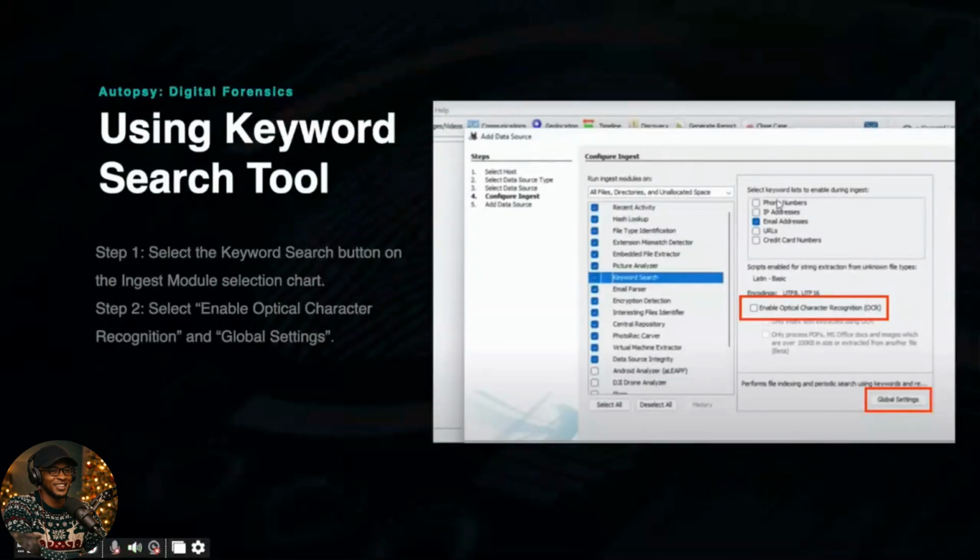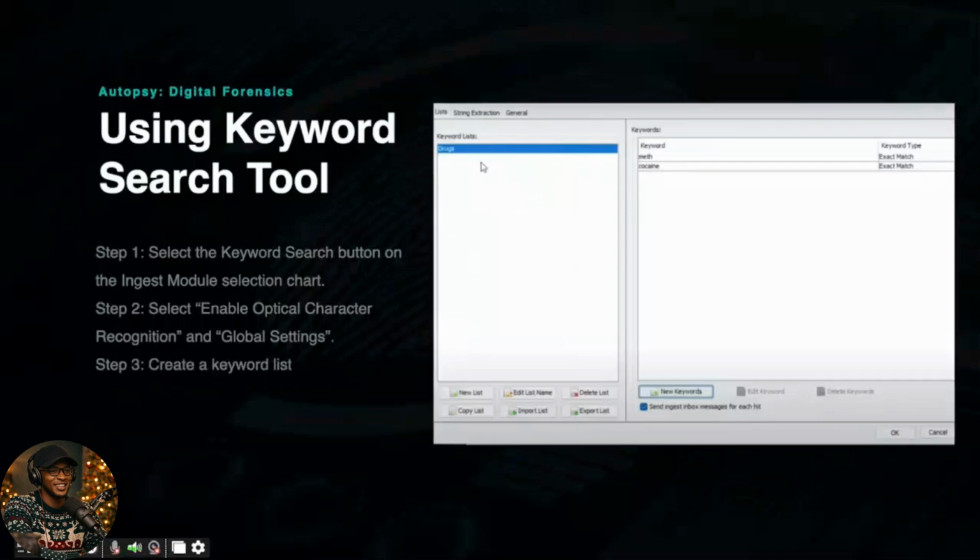How to use the keyword search tool. When adding a data source, click on the Keyword Search tab on the Configure Ingest step of the process on the right side, then click Enable Optical Character Recognition, and then select Global Settings. From here, you will be able to create keyword lists on the left side, and you can add individual keywords